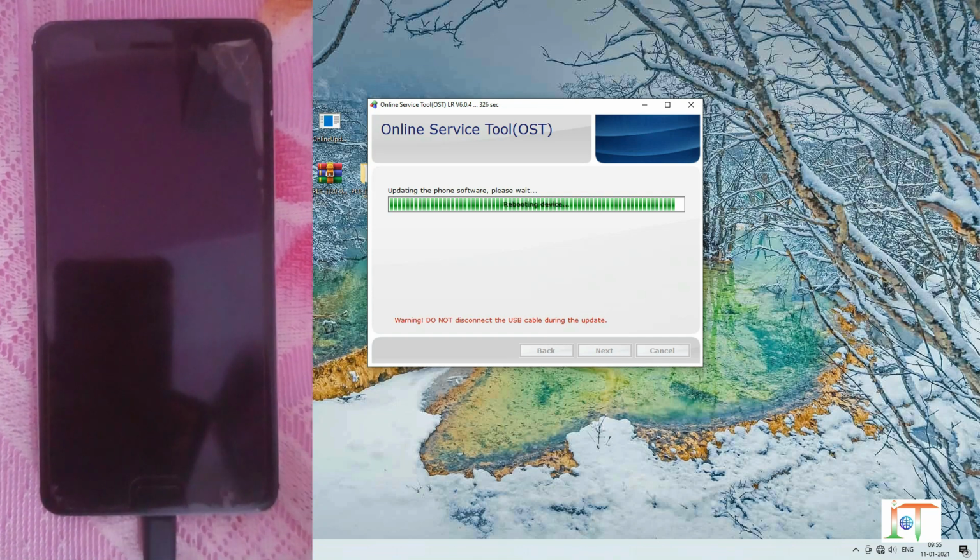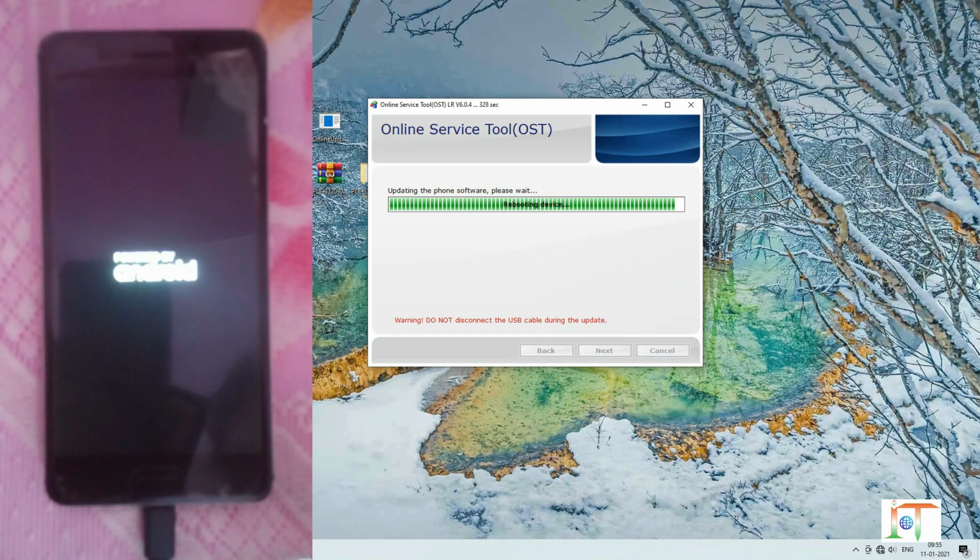Yes, now it is done. The phone will now reboot. Let the phone reboot.